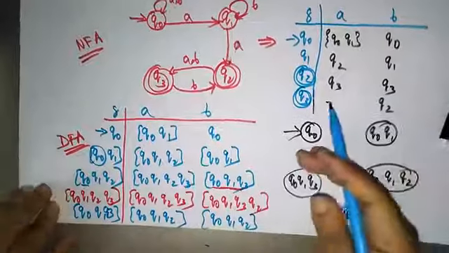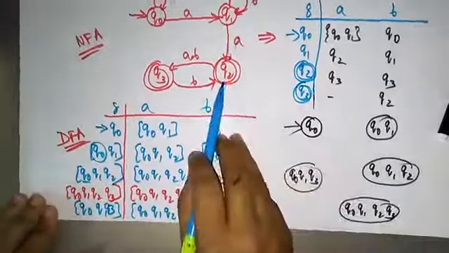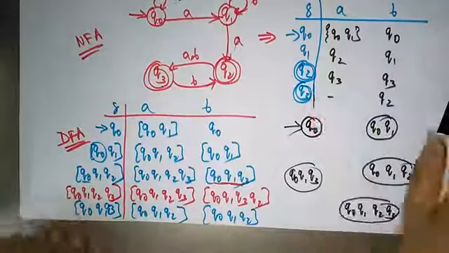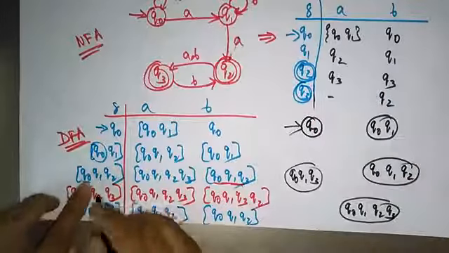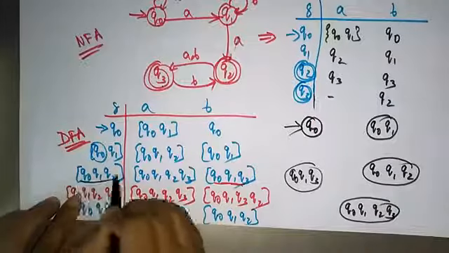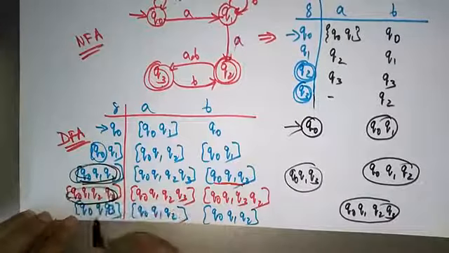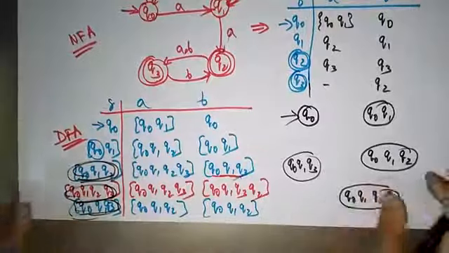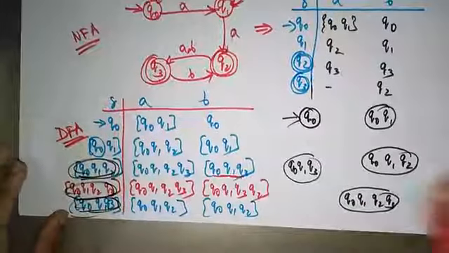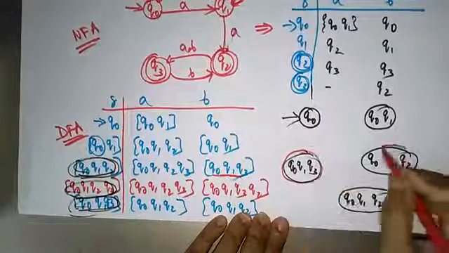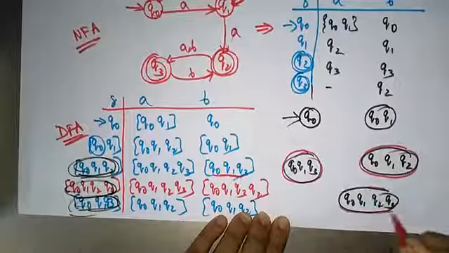Then what will be the final state? So here in the NFA, the final states are 2 as well as 3. So wherever the 2 is there and wherever the 3 is there, we have to make it a final state. So here 2, this will be the final state. And here 2 and 3 both are final states, and here 3 is there, this. So a total of 3 final states are present in this diagram. Okay. So this is a final state, and this is a final state, and this is also a final state.